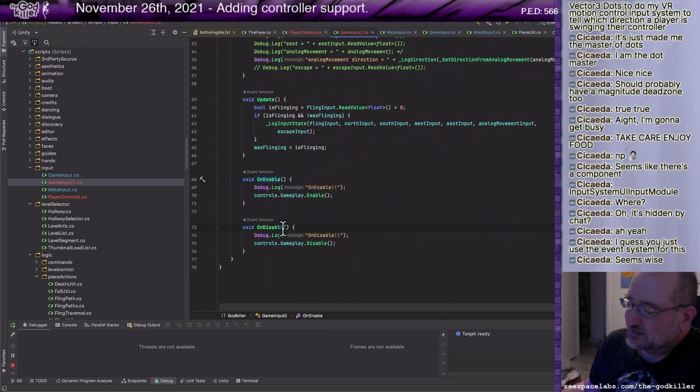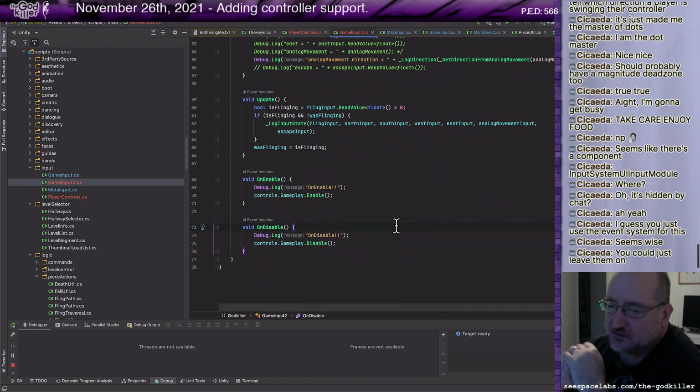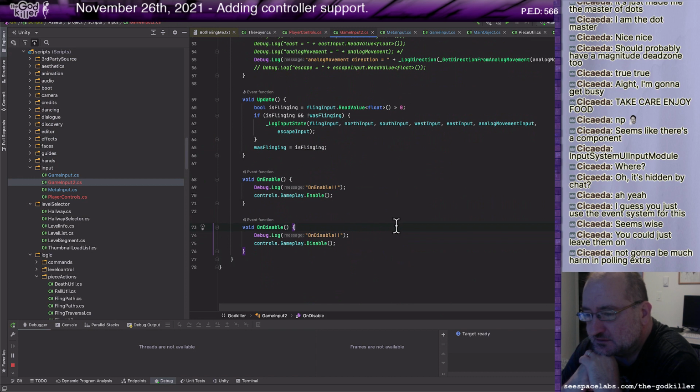It seems like I don't really need to have these two things attached to on enable and on disable, Unity lifetime events. But I couldn't find a lot of documentation on enable and on disable. Yeah. And there's no resource cleanup around it.